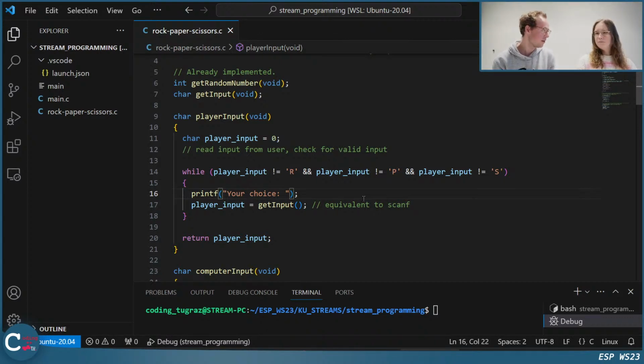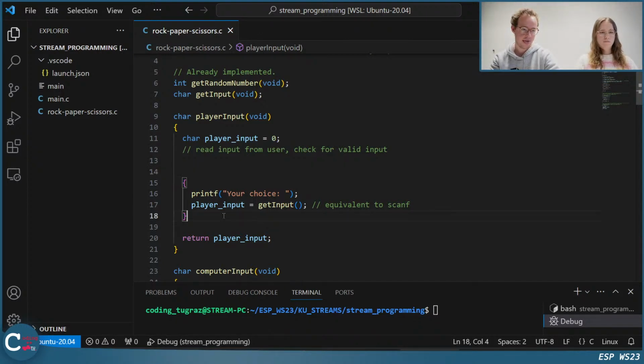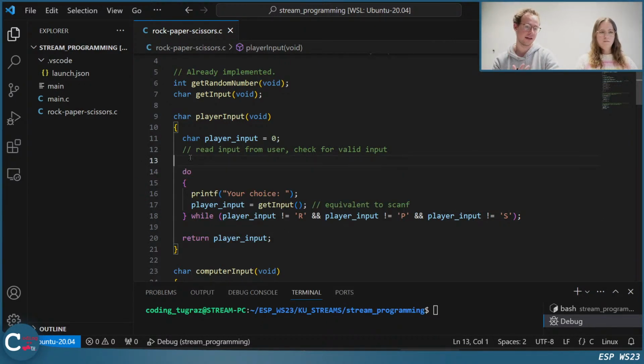In contrast, in the do while loop, the condition would be checked afterwards. So I can do this here as well. I write this here. So in this case, we would really go into the loop, read one input from the player, and then check the condition. And if it's not true, we would repeat it. So probably a do while loop is even better in this case.